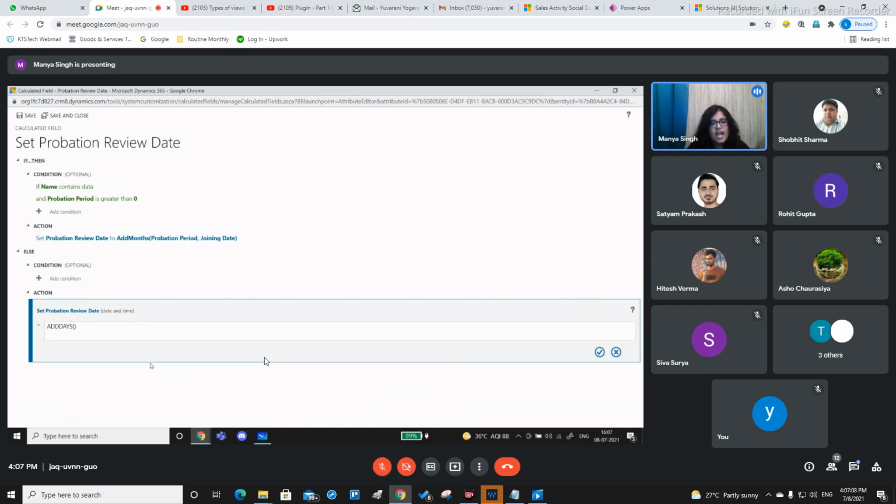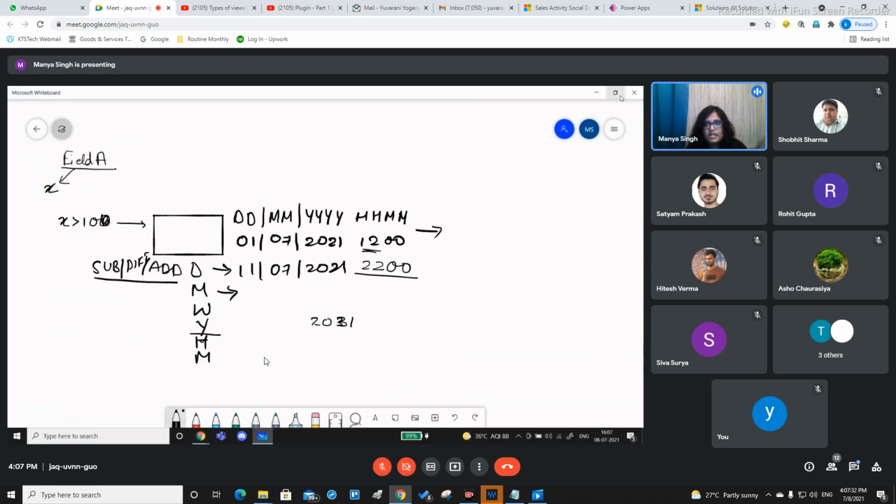Say I have started my shift today at 11 a.m. I'll be working today up till 8 p.m. I want to find out how many hours I have worked. So I will be using this diff in hours function, where I am getting the difference in hours between my starting date and time and my ending date and time.